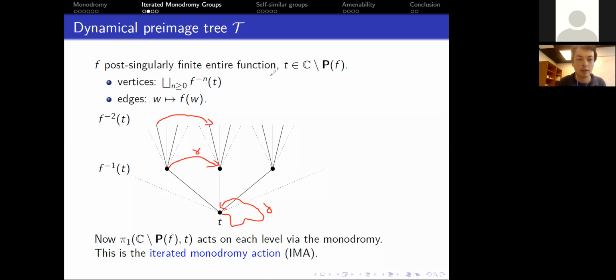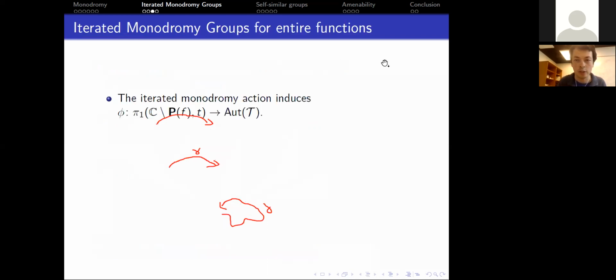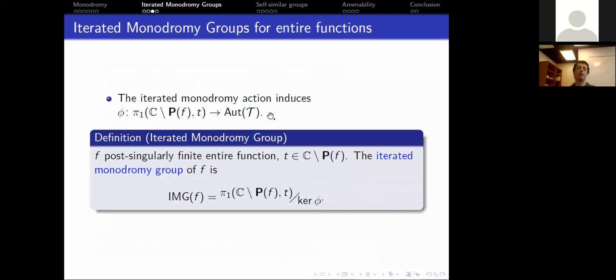Okay. So I think since I did this on Zoom, I should clean this up. This is what I was just saying. The iterated monodromy action is actually an action by tree automorphisms, of rooted tree automorphisms. And with this, we now can define